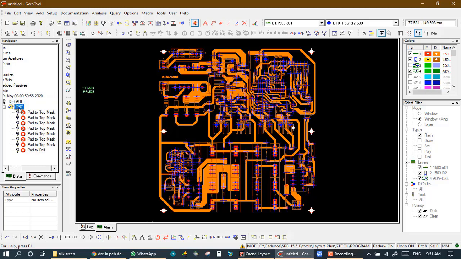And it is pad to mask. It is because last time we increased the copper area, but we didn't increase the masking area. If the copper pad area is increased and the masking area is not increased, then the distance we first maintained between copper pad and masking pad, 0.150 mm, is not maintained, it is decreased, so we got a masking error. So first we undo everything from last time.